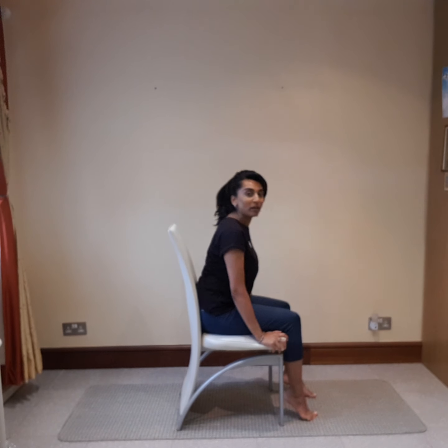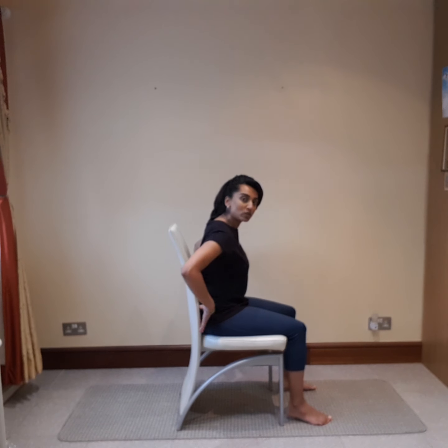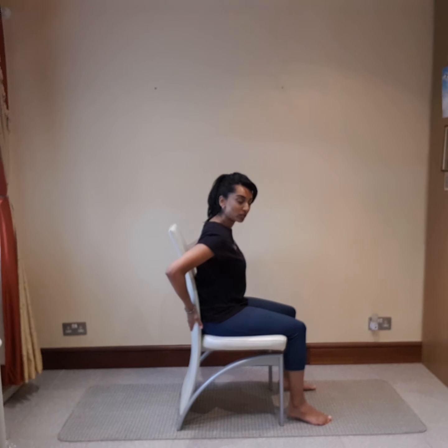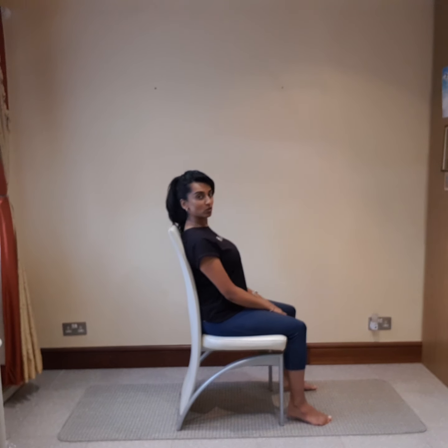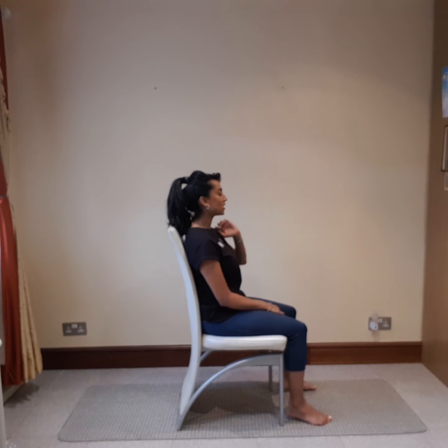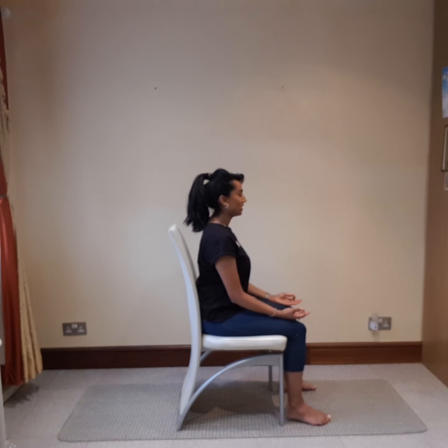Making sure that we're remembering how we sit, okay? So whichever chair that we've got, making sure we're sitting right at the bottom of the backrest, and making sure that we're sitting up nice and straight, so not stretching our spine, but just nice and straight, starting with palms upturned, thumbs and index fingers touching, and a nice deep breath in and out, and then just closing our eyes. Okay, so closing our eyes, nice and calm,